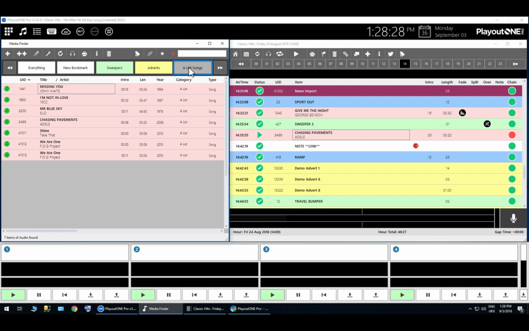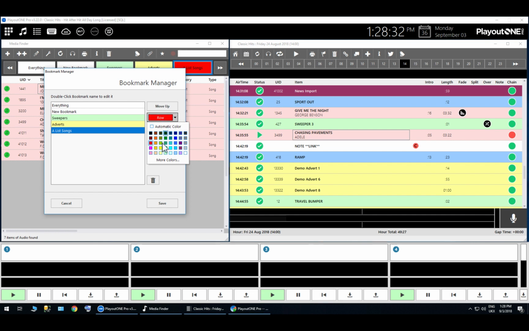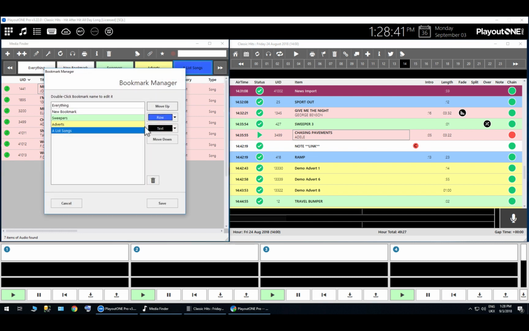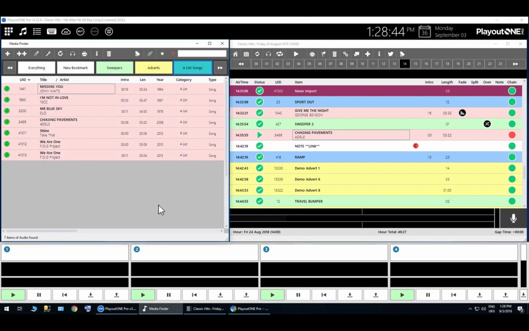So you always get the live view. Yeah. And what's also really neat about the Bookmark Manager is that it doesn't just work for types. It can also work as... trying to find the right colour. Sorry, I'm faffing about. I want a nice pastel colour. That's more of a pastel colour, isn't it? There we go, yeah. So we've also got the ability to search for things and save a bookmark based on